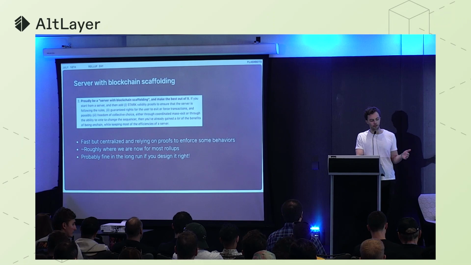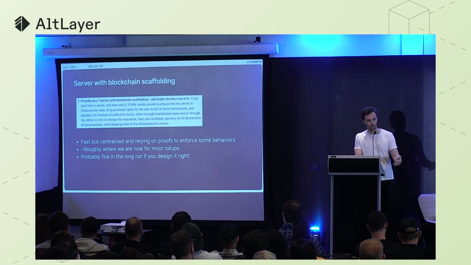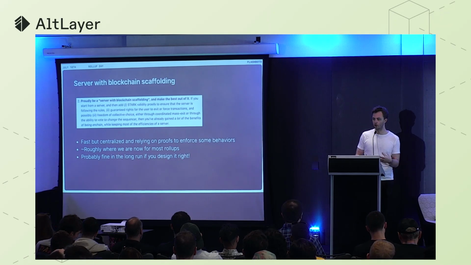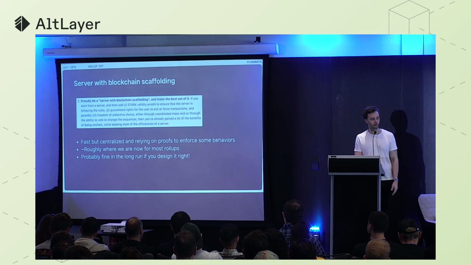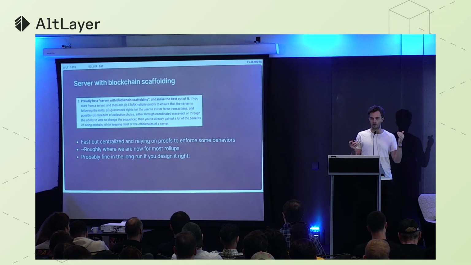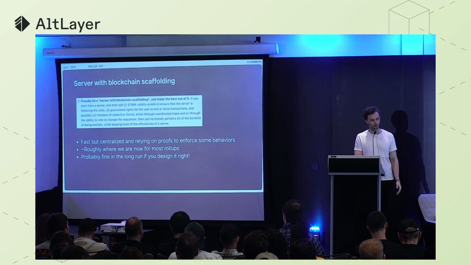Being a server with blockchain scaffolding also can make sense. If you're really optimizing for performance and some types of UX, it makes sense to centralize things a little bit more. Then you layer on proofs to constrain and enforce behaviors that you want. It's sort of roughly where most rollups are today. A lot of them are just single servers, but we rely on ZK proofs or fraud proofs. And this is also probably fine in the long run